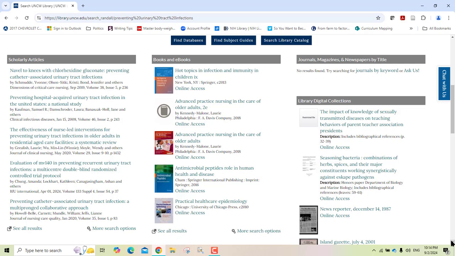A peer-reviewed journal means that when somebody sends an article in for publication, that article gets reviewed by experts in the field. So if it's a nursing journal, and a researcher sends in an article for publication in that journal, there are nursing specialists, either working nurses or nursing professors or some experts in the field that